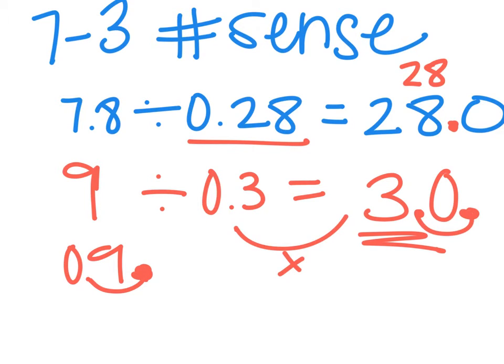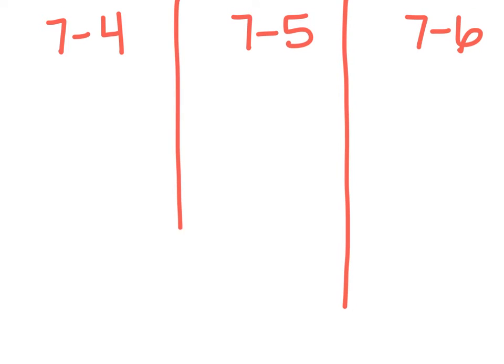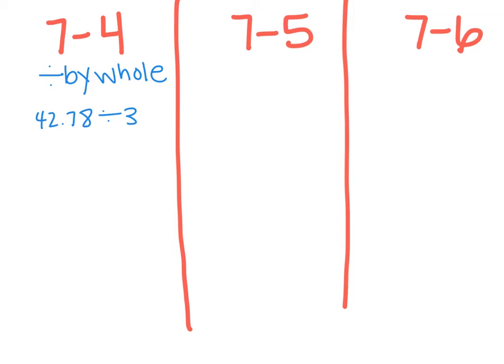7-4, 7-5, and 7-6, we're all using the algorithm. Okay, so I'm going to show you some examples of each of these 3 types of problems, or 3 lessons, I suppose. Okay, so 7-4 was when we were dividing by a whole number. Okay, so that would be something like 42.78 divided by 3. So what we did for this is we first wrote it up and down like this,